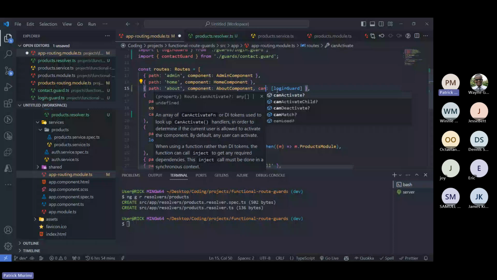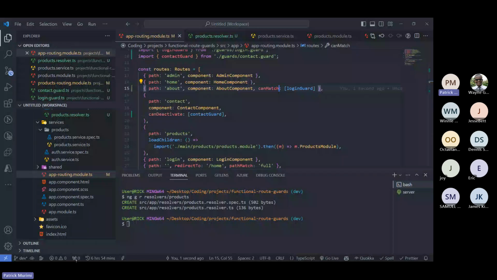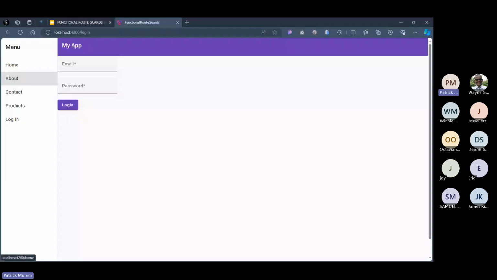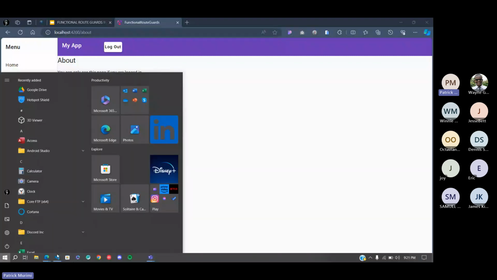Yeah, it works the same. I need to be logged in. I need to be authenticated in order to access this. So it works the same in that sense. But here's the difference. And for context, let me just show you guys